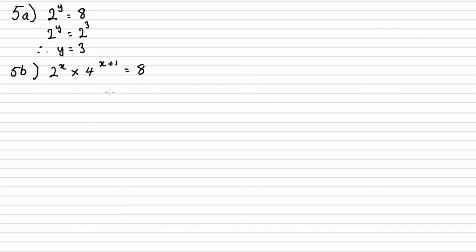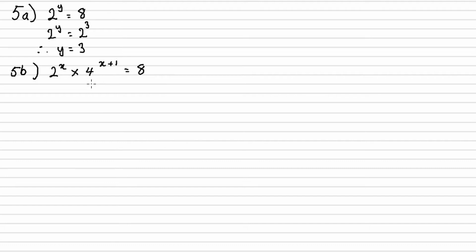So moving on to part B, we have a similar situation, except the equation is just a little bit longer and a little bit more involved. But it's going to be the same strategy. We're going to get everything to base 2 so that we can work with it, and then we can use our indice laws to manipulate this equation and then compare indices